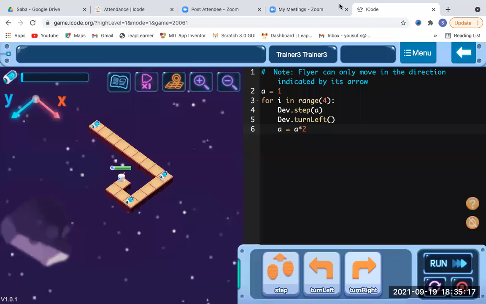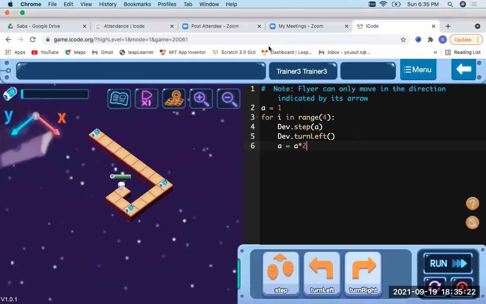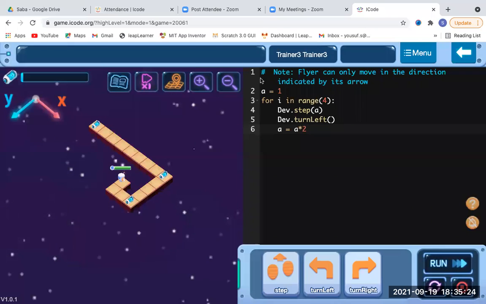Now I'll just annotate so that you know. This belongs to 1. This equals 1 multiplied by 2 itself. Then the execution will be 2.